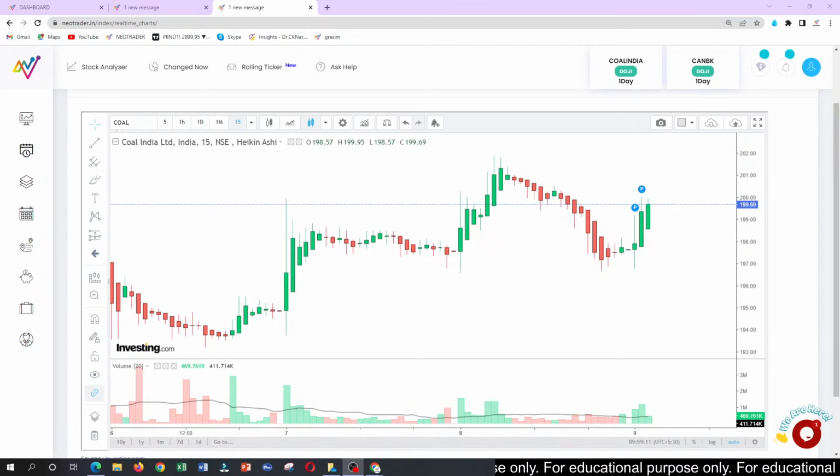But the whole objective is how to participate, right? The whole objective is how to participate. So now when you are getting a long body candle and then you are getting a follow through to the long body candle, so this is the body, and if it is continuing ahead of this body,